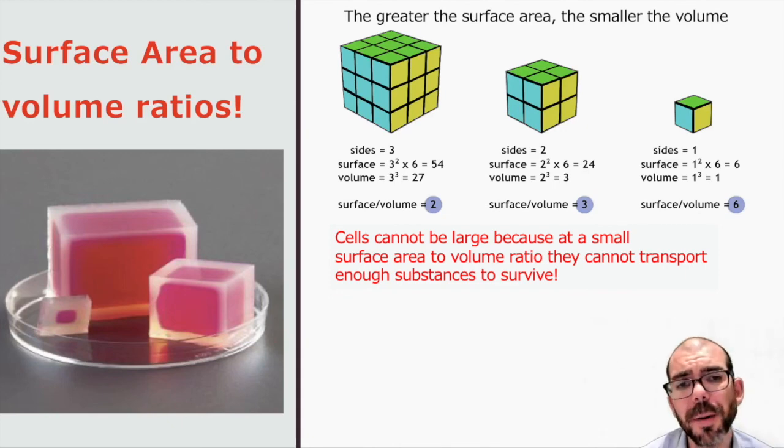And this works with human body heat as well. If you have a lot of surface area but very little volume, you're probably someone that gets cold very quickly. Why? Because your surface area is constantly giving off heat, but you don't have much heat generation with your volume. But if I had a lot of volume and very little surface area, I would probably be warmer in colder